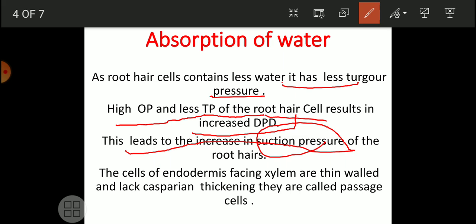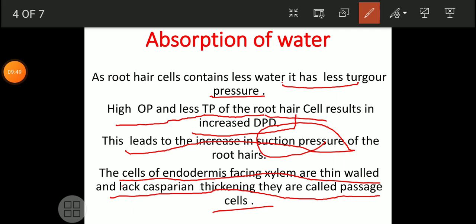The cells of the endodermis facing the xylem are thin walled and lack Casparian thickenings; they are called passage cells. In case of this, we have to see the detail in the next slide, isn't it? Now